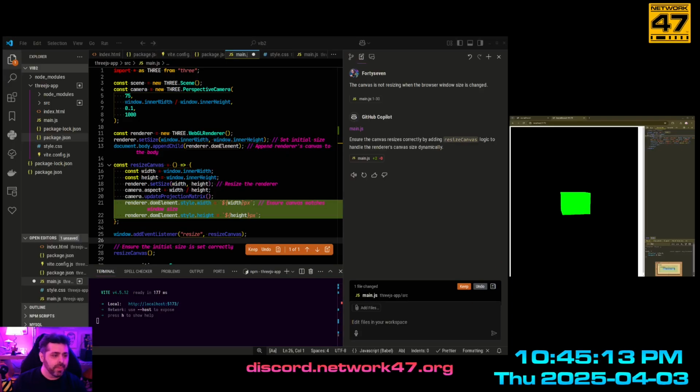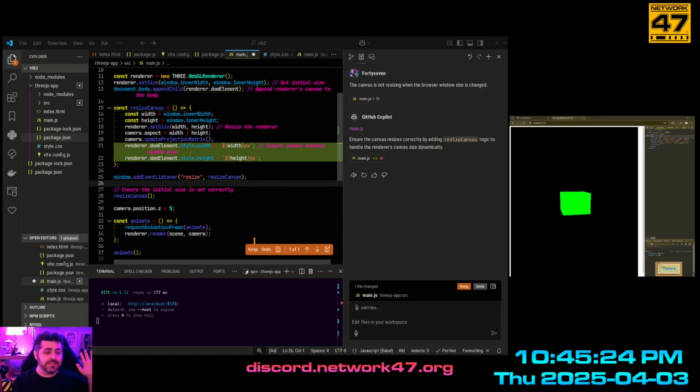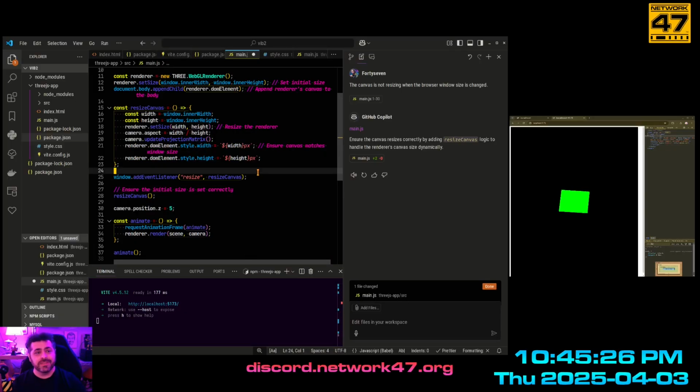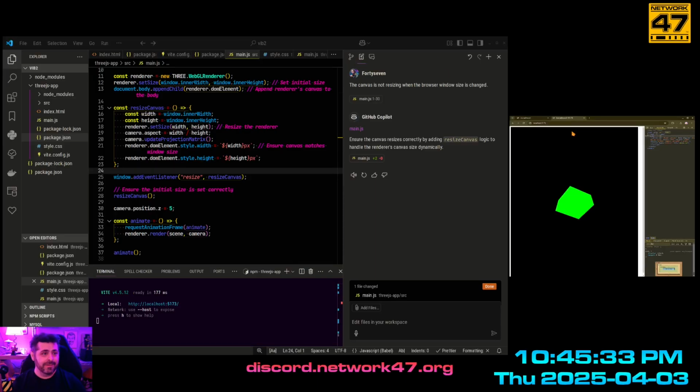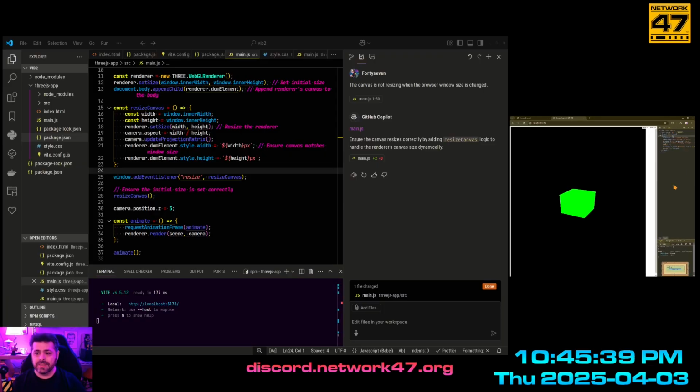Okay, I'm back. So, let's see. Where did we leave off? This was "ensure the canvas matches window size." Resize canvas. I can't fix this myself. We're gonna have to keep whatever changes it did, because that's what we're doing here. We're letting it do 99% of the work, unless we can't. So we saved everything there. Hey, reload. Oh, why isn't this working?